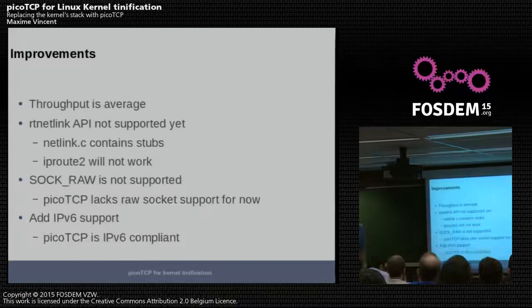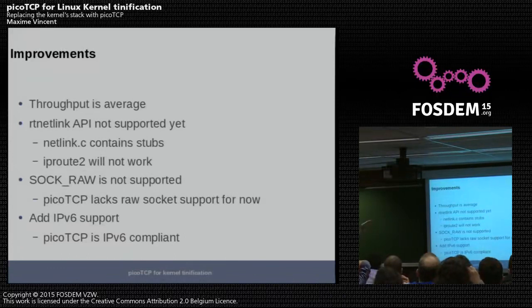But of course, there's still a lot of things to improve. This is just a proof of concept, as I said before. Throughput is average. The same board with the original Linux kernel goes somewhere between 5 and 10 megabits per second. PicoTCP certainly can handle these speeds. We have embedded systems running bare metal that do Ethernet line speeds, 100 megabits. So it's a problem with scheduling inside the kernel for now.